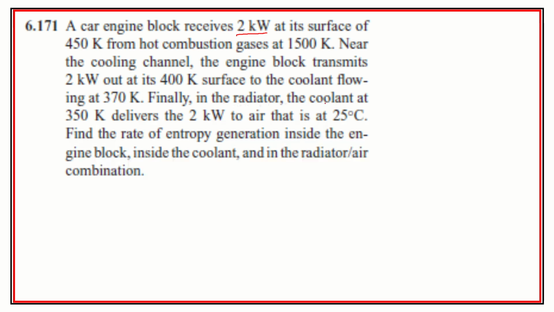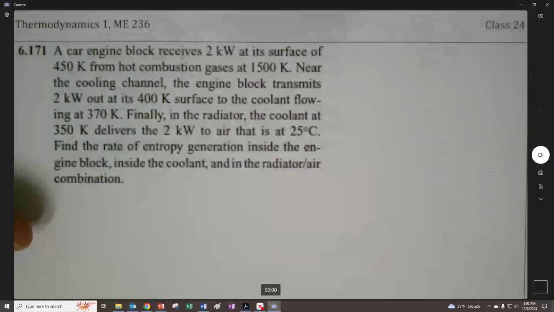Finally, in the radiator, the coolant at 350 degrees Kelvin delivers 2 kilowatts to the air that is at 25 degrees Celsius. Find the rate of entropy generation inside the engine block, inside the coolant, and in the radiator air combination. All right, so